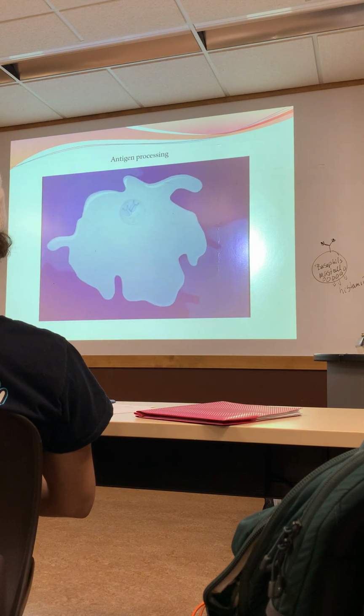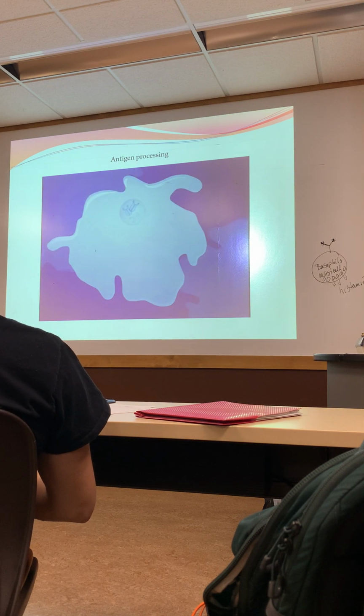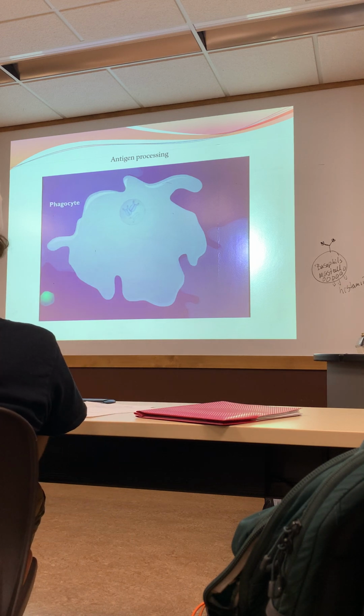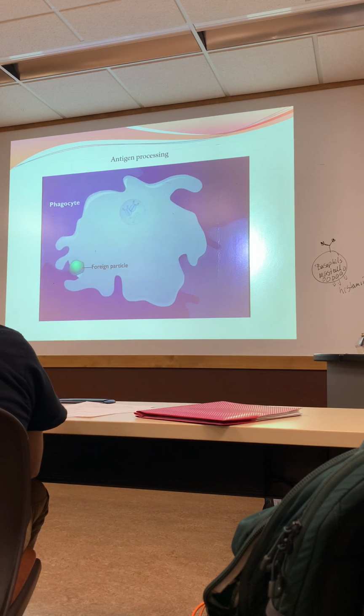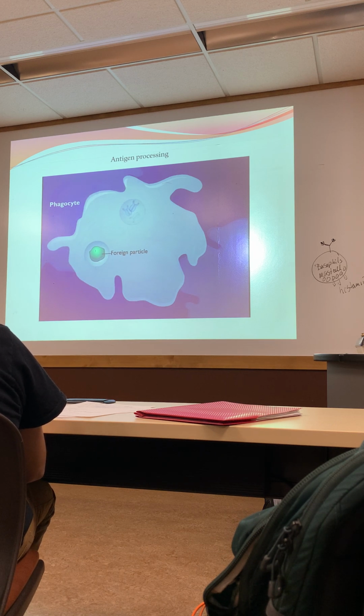A different process occurs if the antigen originates outside the cell. Phagocytes, such as macrophages and dendritic cells, ingest foreign particles such as viruses and bacteria by endocytosis. The foreign particles are broken down into fragments within a vesicle. The vesicle containing the foreign fragments fuses with vesicles from the Golgi apparatus containing the class 2 MHCs, and the two structures combine. The MHC class 2 antigen complex is transported to the plasma membrane. The displayed MHC class 2 antigen complex can stimulate other immune system cells to respond to the antigen.